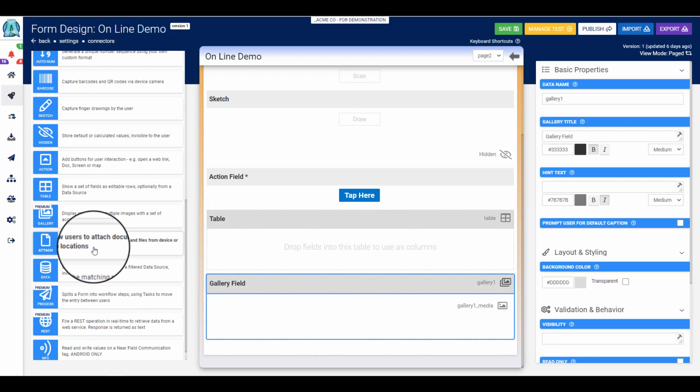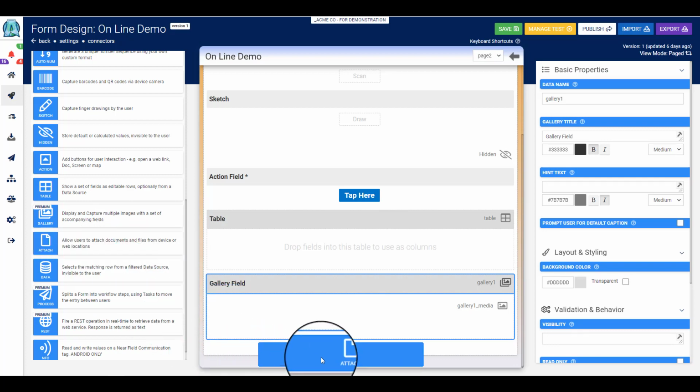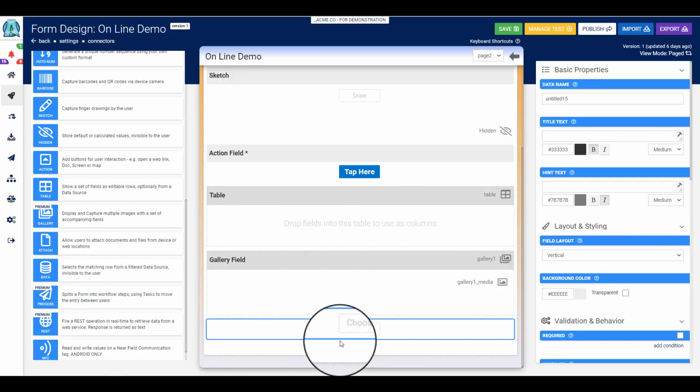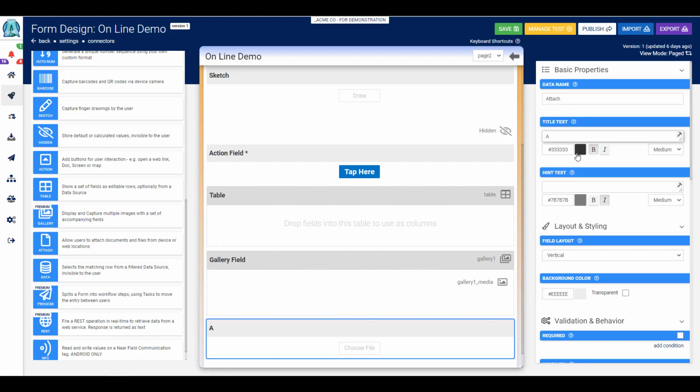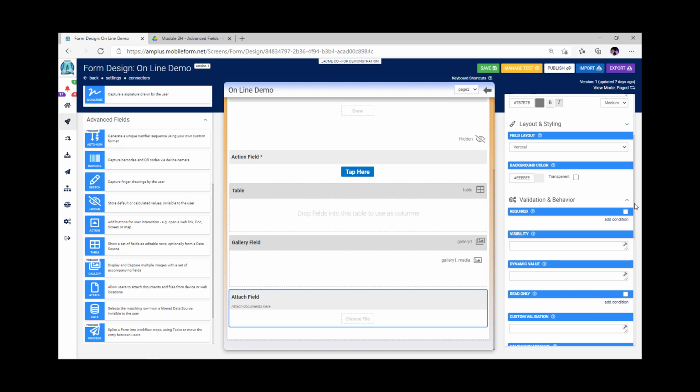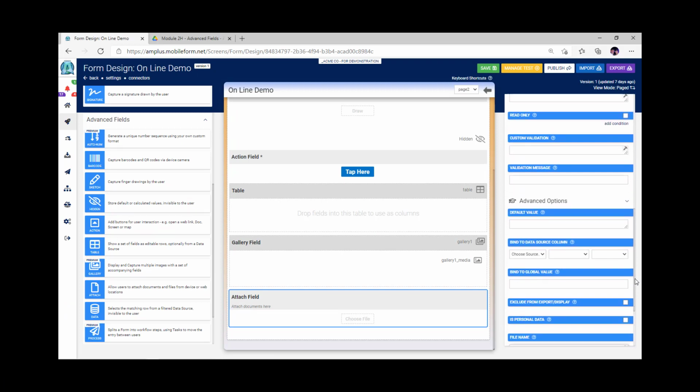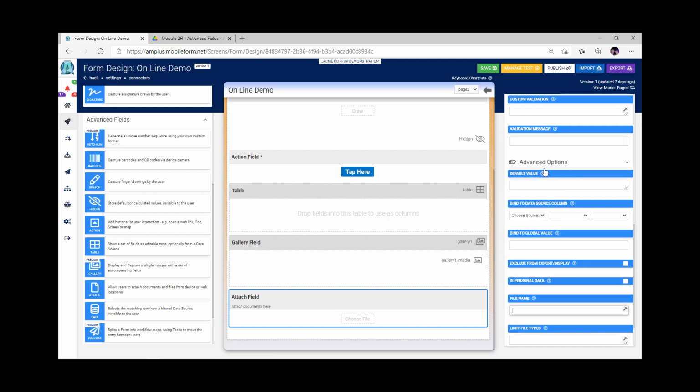First of all, let's go and add an Attach field into our work area. As with all other fields, we need to give it a unique data name, so we could call this Attach. In the title text, keeping with what we've done previously, we'll just call this Attach field. And in the hint text, we'll say Attach Documents here. Further down, below Validation and Behavior, we have Advanced Options, where we have some key properties when managing